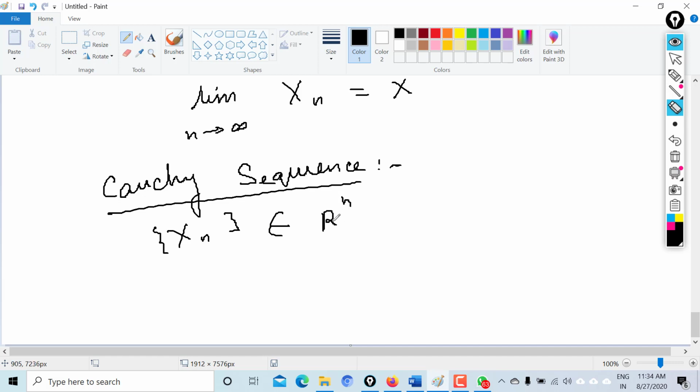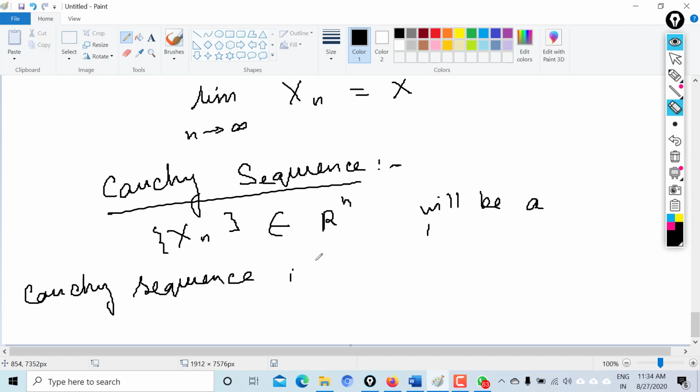It will be a Cauchy sequence if for a given epsilon